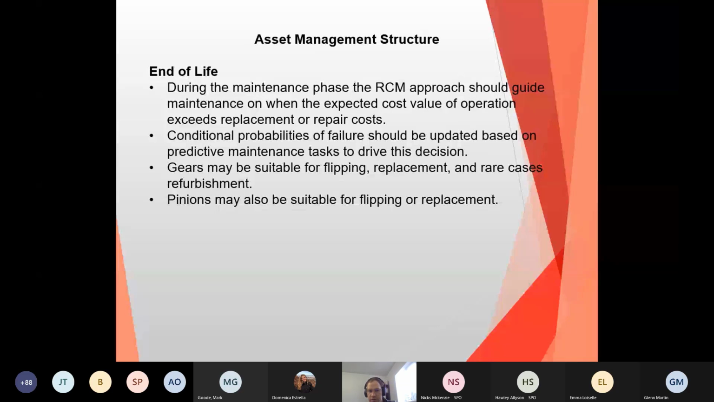So then we move on to the end of life. Now you've gone through that maintenance phase, and we have a breakout section on the RCM that I'll go into shortly. But during the end of life, the RCM basically should be the guide to when your expected cost value of operation exceeds the replacement cost. So if you're using cost justifications, you can get to the point where it's more costly to do repair or